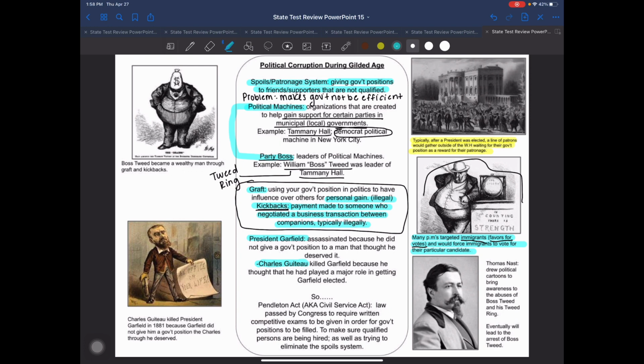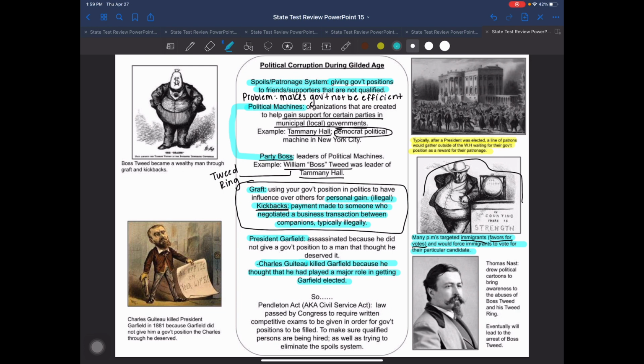And so when he shows up and he meets with President Garfield, he is not given a job at all. President Garfield, again, didn't really believe in the patronage system anyways. And out of his anger, President Garfield is killed. All right. He shoots him and kills him. It's on a completely different day, but he shoots him and he kills him. And when we have a president assassinated because of the spoils system, because of the patronage system, government kind of realizes, like, okay, this is a little extreme. We probably need to do something about this.